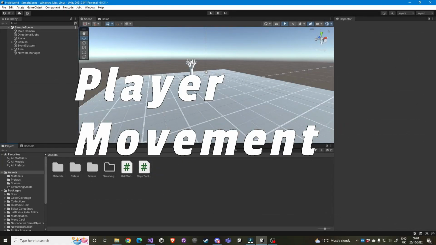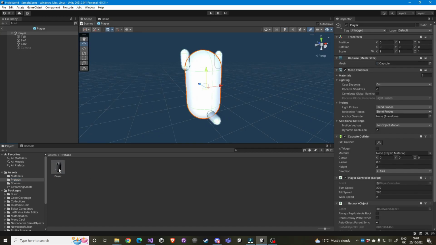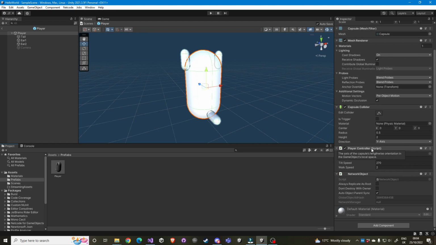The first problem we will address is transmitting the player movement across the network. And it is quite easy to accomplish. We have to edit the player prefab, which is either here or here in the prefabs folder. Double click it, it's here. Now go to the inspector, scroll down, click add component,